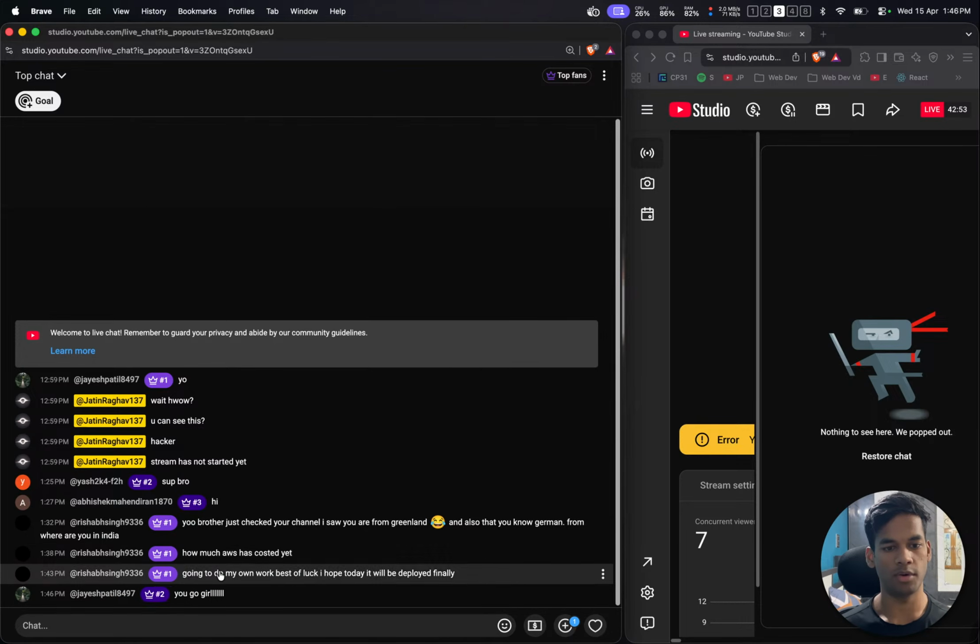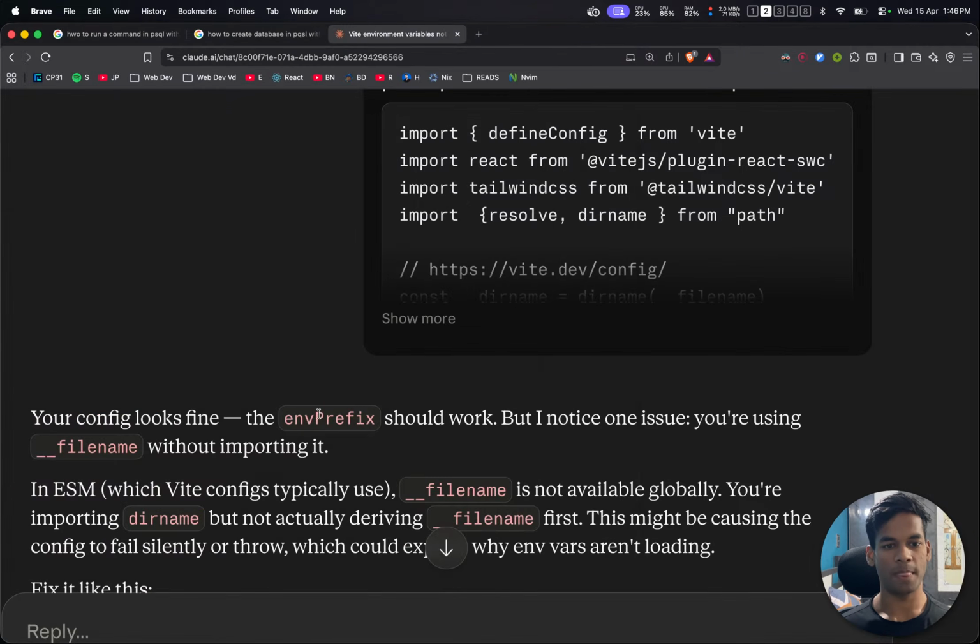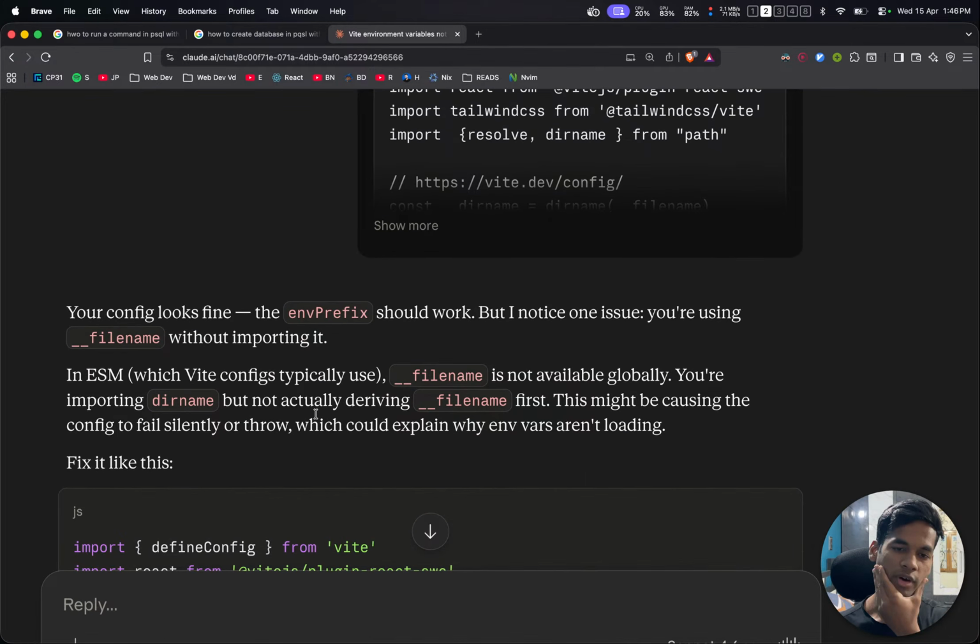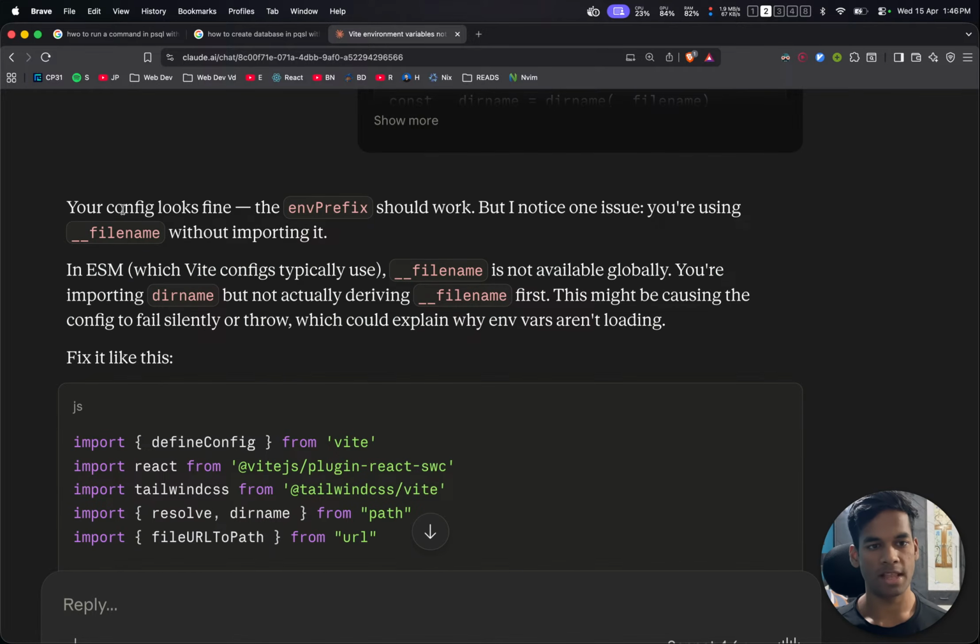Yo, I will keep going. Going to do my own work. Best of luck. I hope today will be, yes, finally it might be deployed today. And right now we are just working on Docker Compose, so to run this locally, and we haven't even